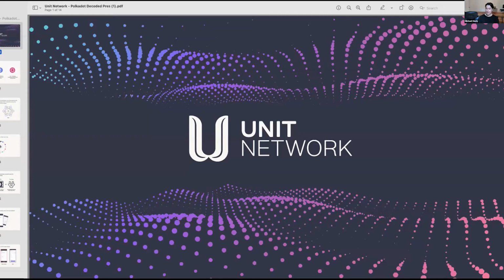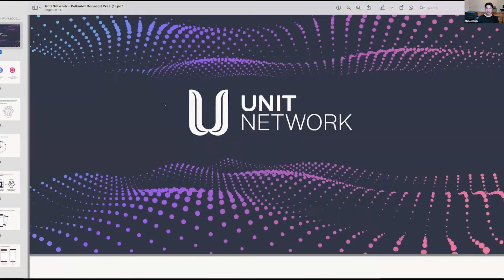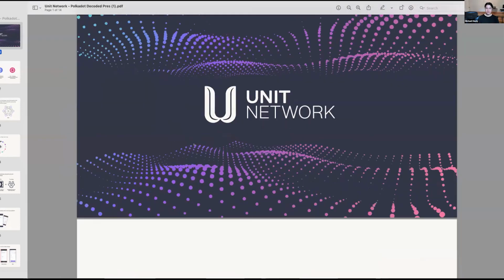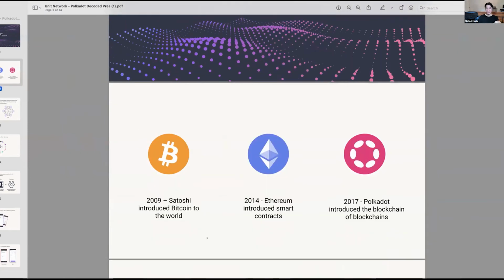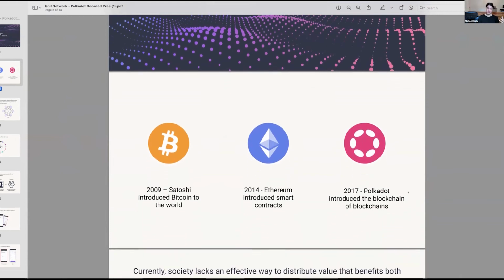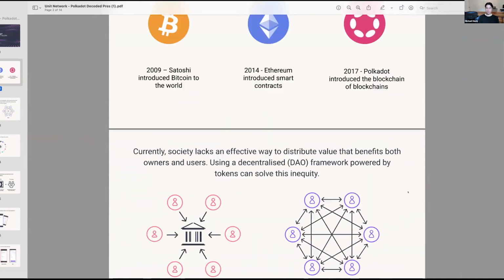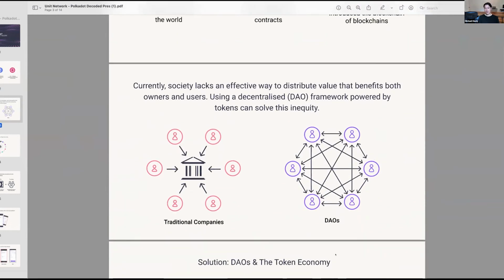So going to quickly run through this in the next 8 minutes. As mentioned, we are the Unit network. We're focused on creating this token economy, this blockchain future. We kind of see the evolution, as mentioned, having gone from Bitcoin to Ethereum to Polkadot, and we see Unit network as really the killer use case, as something that is so important for not just crypto but for the world, and we can really expedite and speed the level of blockchain adoption forward because of how important